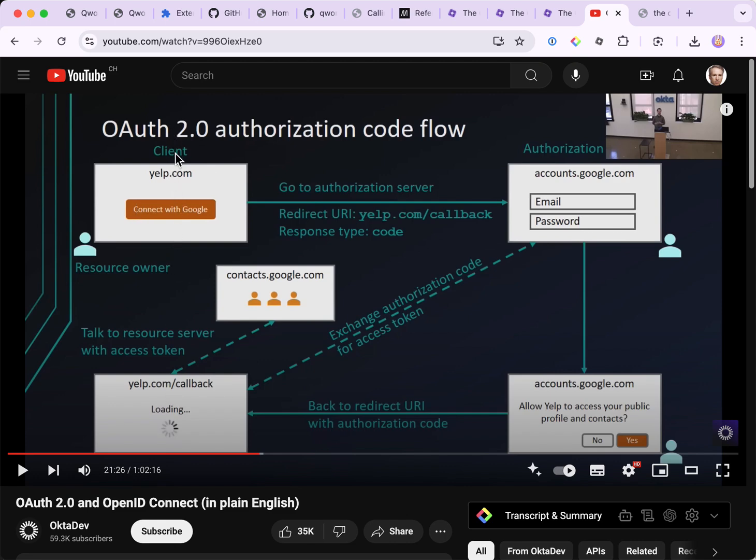Here we have a website contacting an authorization server. So the user is redirected to the authorization server and then redirected back. This is exactly the kind of thing that Quorum also enables, except that Quorum is much more general purpose than that.